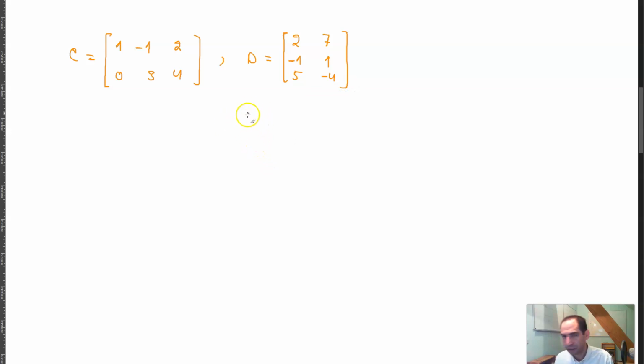Then the product CD is defined, meaning that this is a 2 by 3 matrix, and this is a 3 by 2 matrix. So since this 3 over here is the number of columns of matrix C, this 3 over here is the number of rows of matrix D, these are equal, and therefore